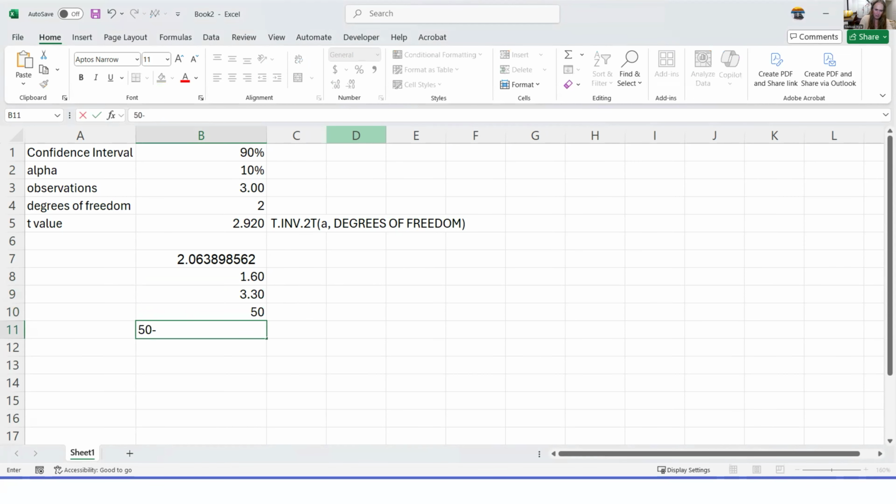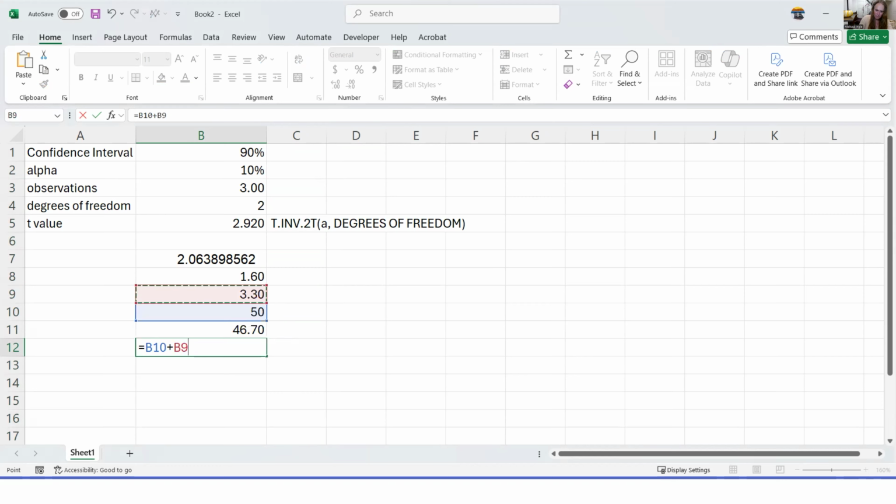So 50 minus this equals 50 minus this, right? That's the lower range, and then